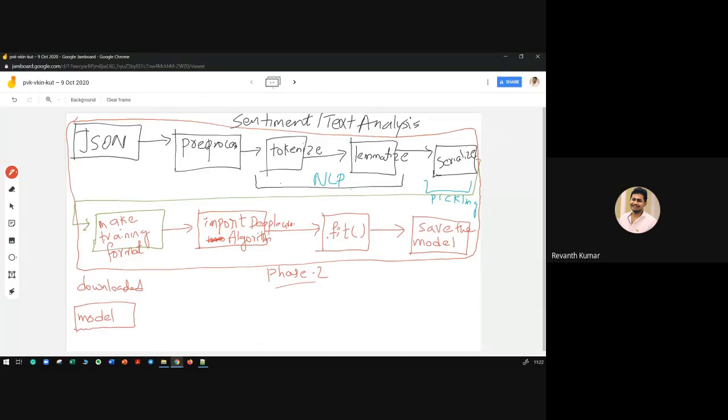Now in phase two, what you do is you build the model. So this model is a combination of what? It is a combination of algorithm plus dataset. And this dataset was initially in the JSON format. It can be in CSV, it can be in XLS, it can be image, it can be anything. So I take this model,